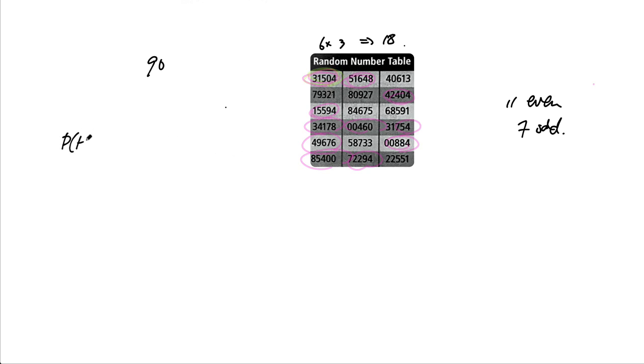The probability of getting heads is the same as the probability of getting an even number, which is 11 over 18. Okay, so this is not on any of the multiple choices. So I think what they mean here then, since they specify that even digits represent heads,